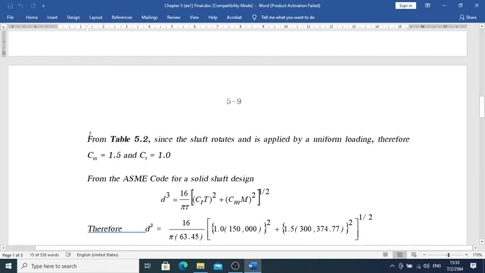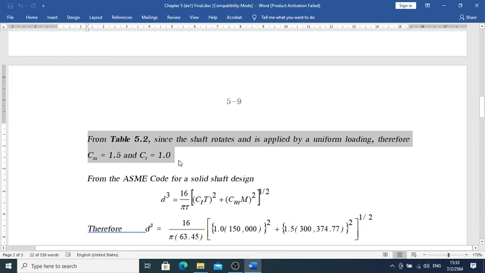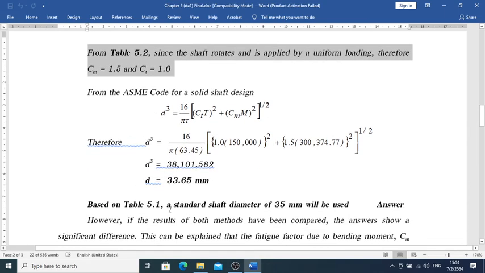And then from table 5.2, this problem set hasn't said anything about the type of loading, so we just consider the normal condition. That's why we assume uniform loading. CM is going to be 1.5 and CT is 1. So that's why we plug it in the ASME code. So we got the diameter of